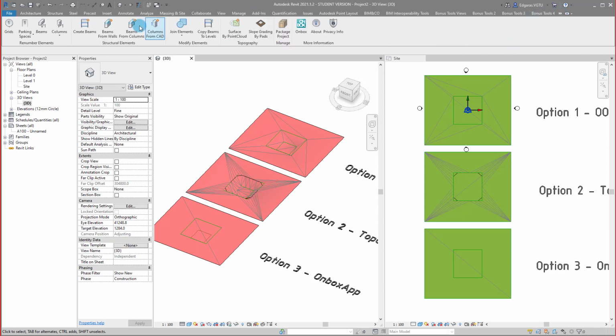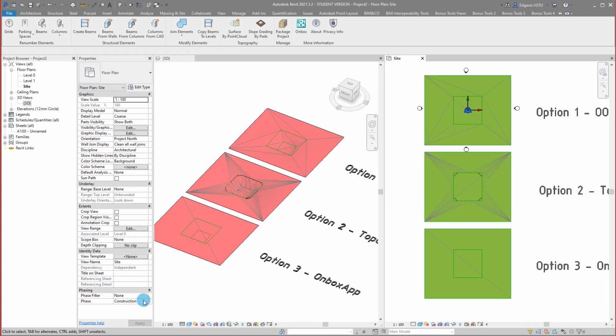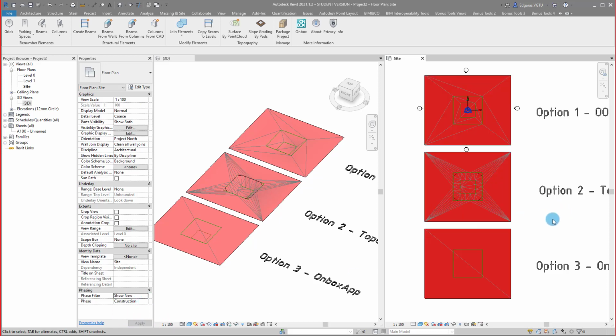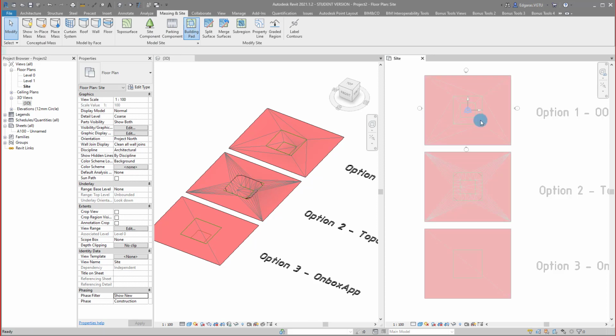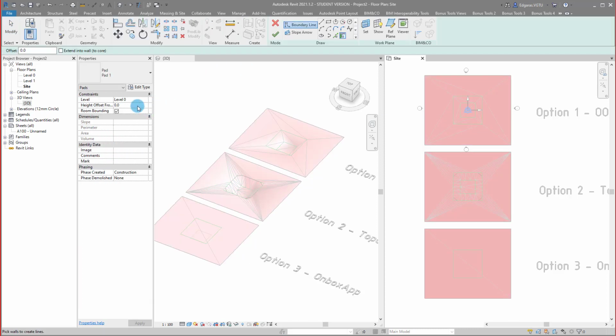So here it has a separate ribbon section, a lot of additional tools, and slope grading by pad. So from the name you can see I need a building pad for my task. So let's create some building pads. So I will select here, I would like to see new construction. Okay. And let's go to our massing inside, building pads, and